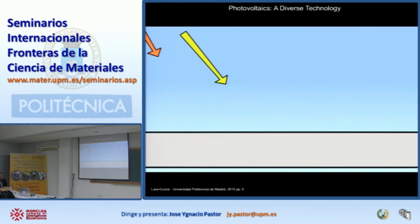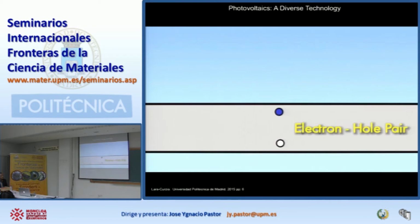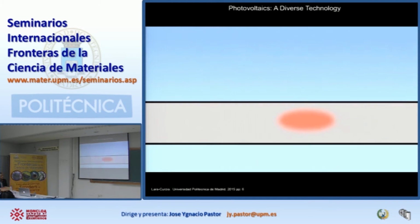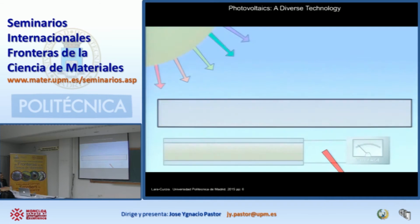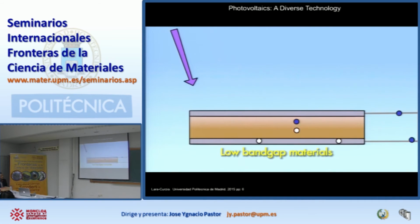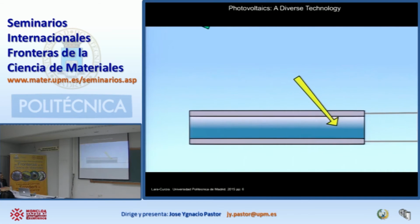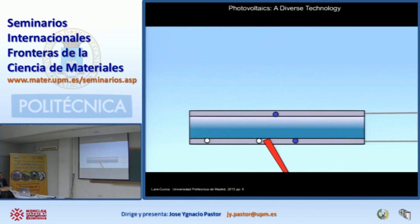If the energy of the absorbed photon matches the PV material's band gap, then an electron-hole pair is created. If the photon has more energy, it still creates only one electron-hole pair, but the additional energy is lost as heat. If the photon has less energy than the band gap, it is not absorbed. Low band gap materials absorb most of the solar spectrum, creating many electron-hole pairs, producing a high current. However, PV cells with low band gap materials have a low voltage. High band gap materials absorb only higher energy photons, creating fewer electron-hole pairs, producing a lower current with a higher